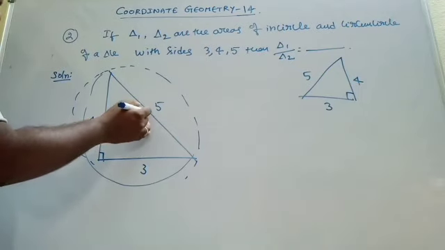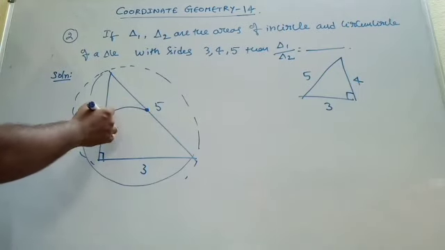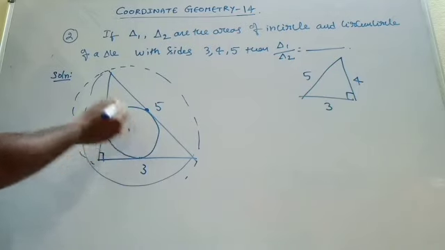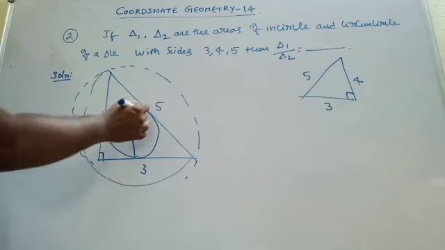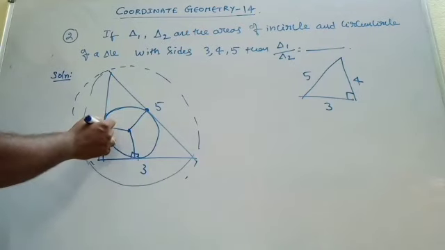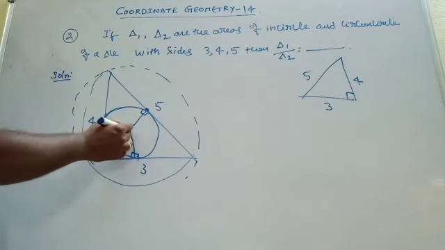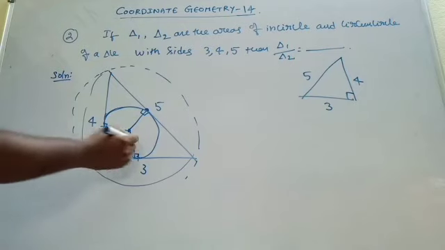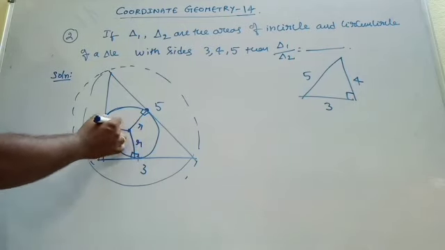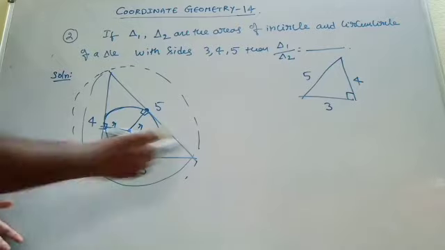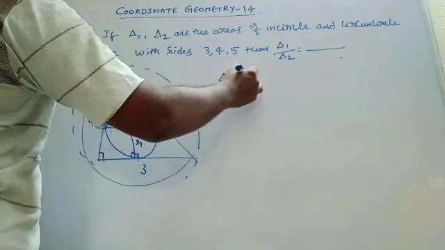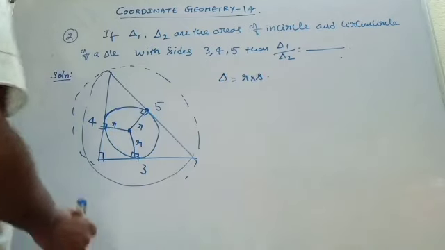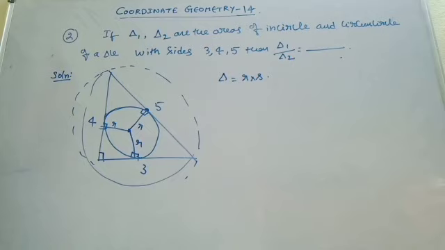And regarding the incircle, you will have the point of intersection of the angular bisectors as the incenter, and the inradius will be like this. This is the radius, right? Now we need to find the area of this circle, which means you should know the inradius, small r. For this we have one nice beautiful formula for inradius: delta is equal to r into s, right?